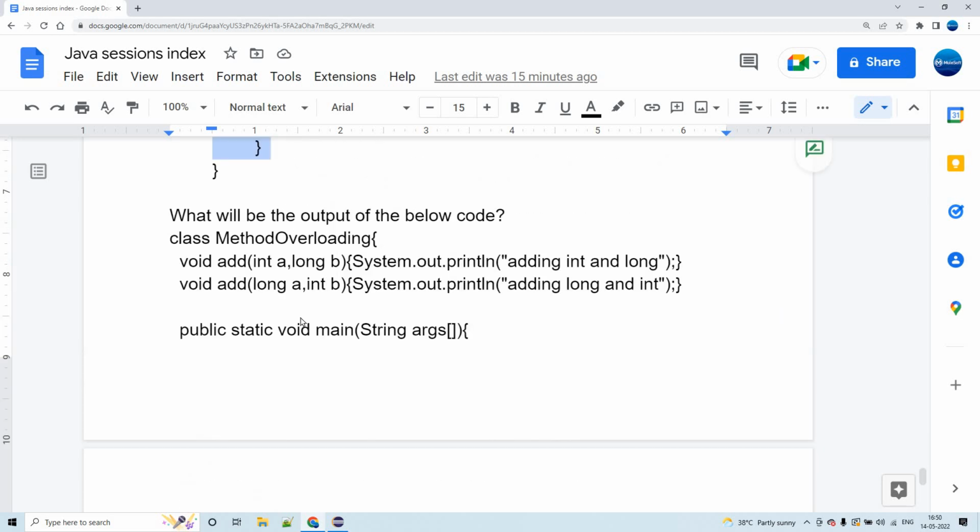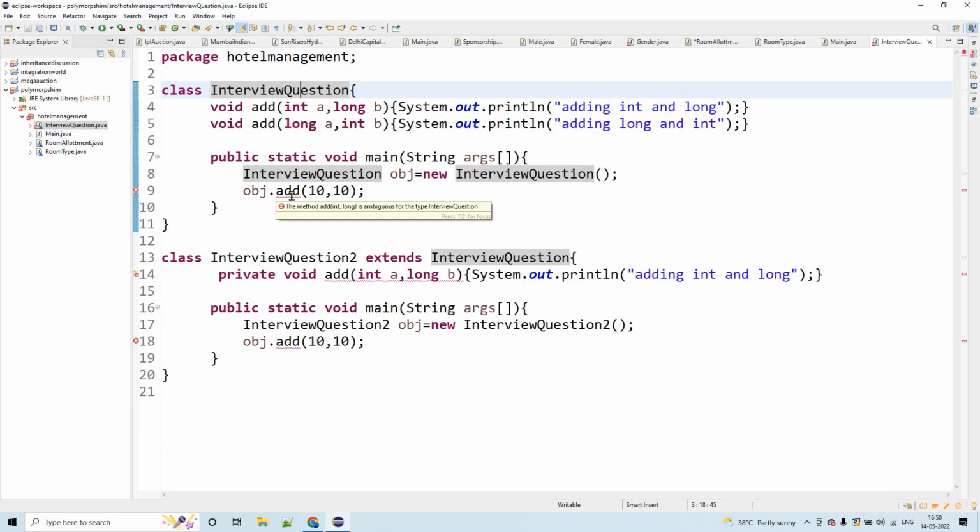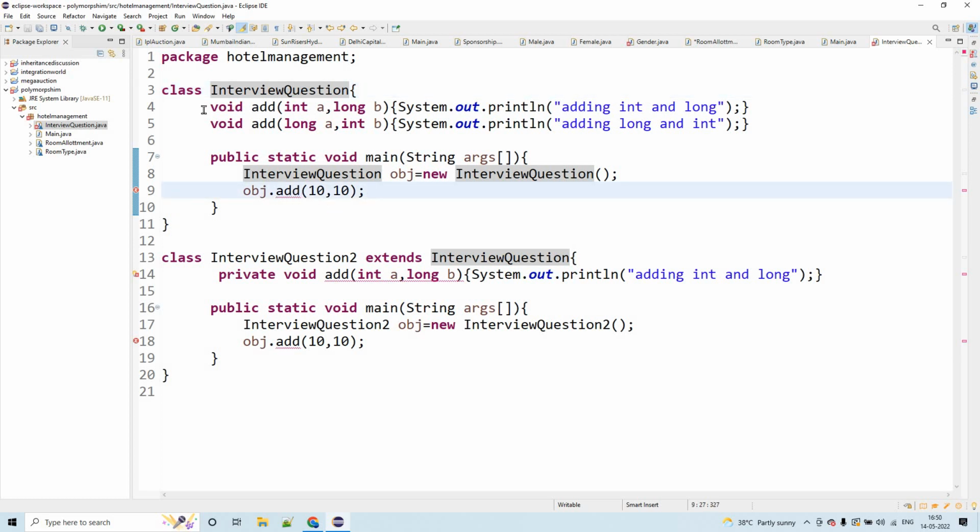So let's just try it out. I put the same code here, and already the compiler is pushing us back. It's saying the method add int long is ambiguous. This is because here there is a problem. The compiler is struggling to understand which one to take, because here we have given parameters as int and long,